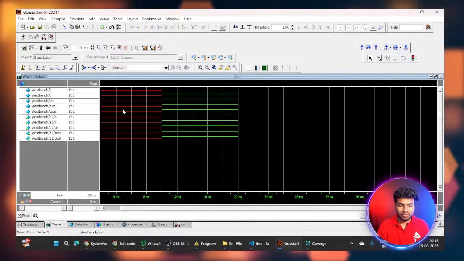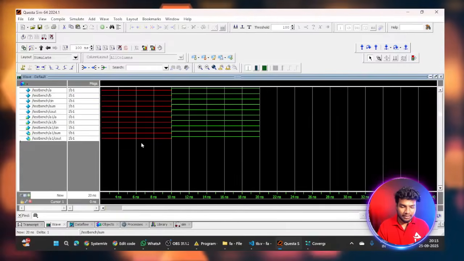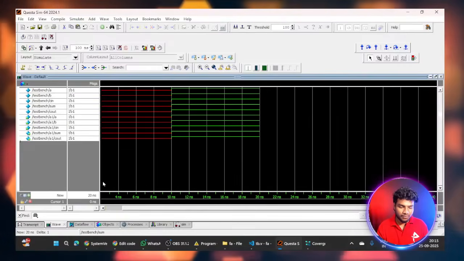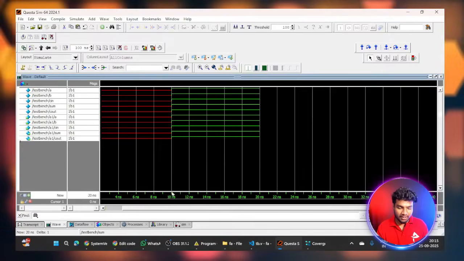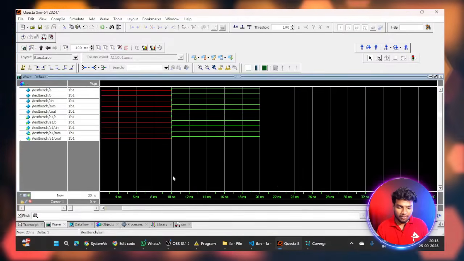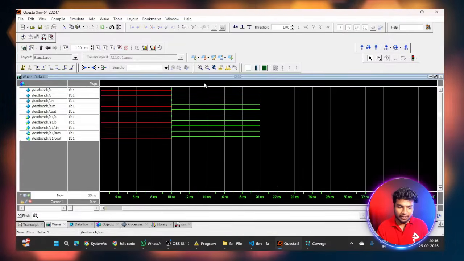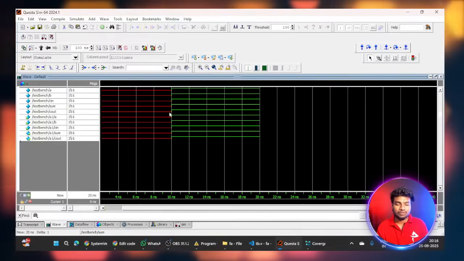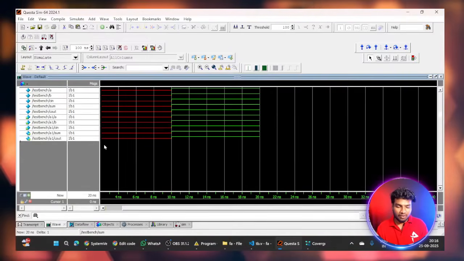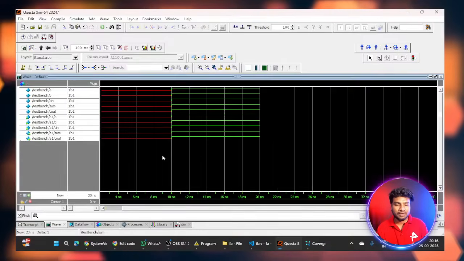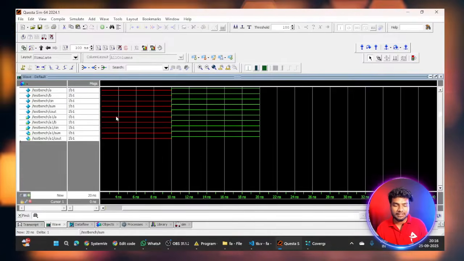so I think it is visible for you. I can't zoom here. At the initial state, this is my simulation time. It will start from 0 nanosecond. After 10 nanoseconds only, it will go high. It will change. The green lines are good. This red line refers to unknown values, X values. Up to the 10 nanosecond, it is displaying the X values.